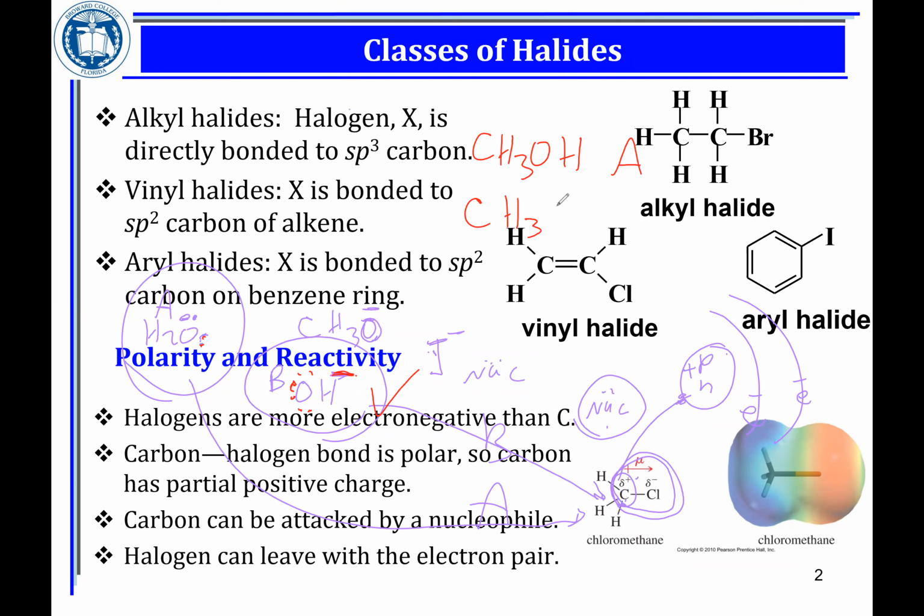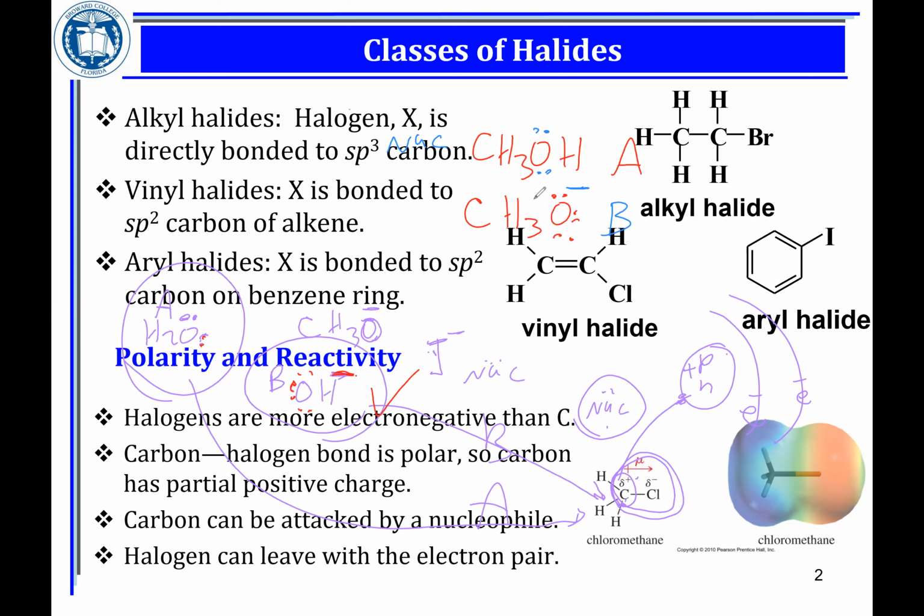Both. Let me give this example. Maybe I clarify what I mean by this. Alcohol has a pair of unshared electrons on the oxygen. We can classify this as a nucleophile. And